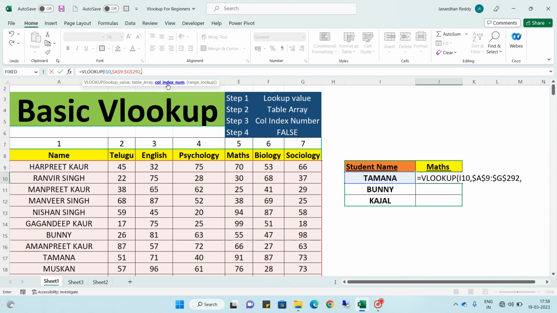Now here it is asking for the column index number. As I said, the column index numbers are there on the top. When I press 1, it will give only the names, and if I give 2, it will give how much is scored in Telugu. In a similar way, now we want to find only mathematics, right? So the mathematics column index is fifth, right? The column index I have given is 5,